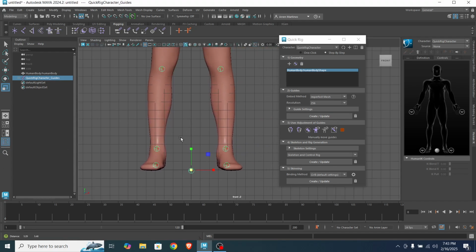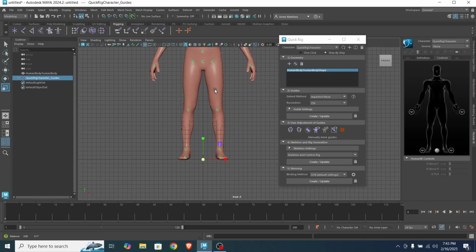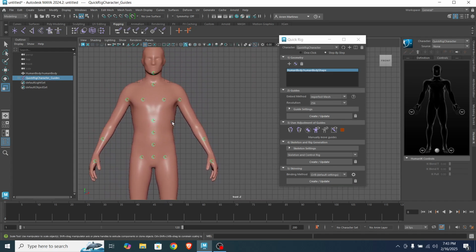Okay, so it pertains to the joints in the character. So every dot or point you see here is a joint in the rigging procedure. Basically, you can adjust it using geometric transformation.